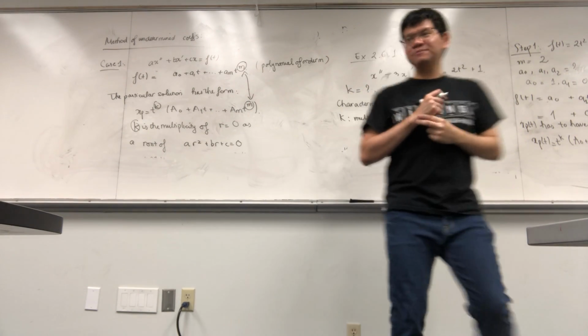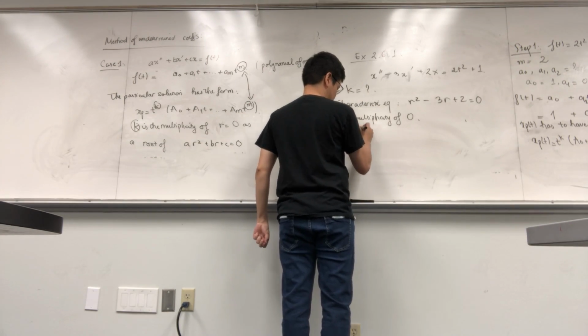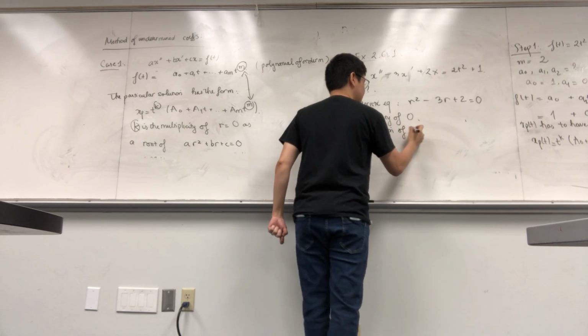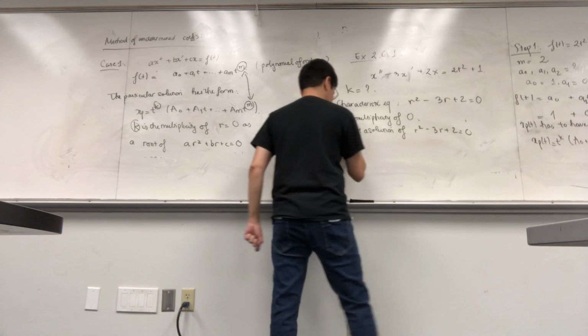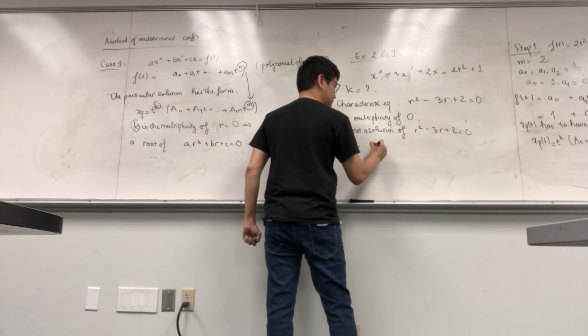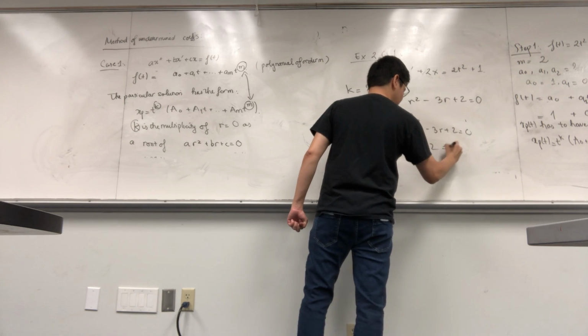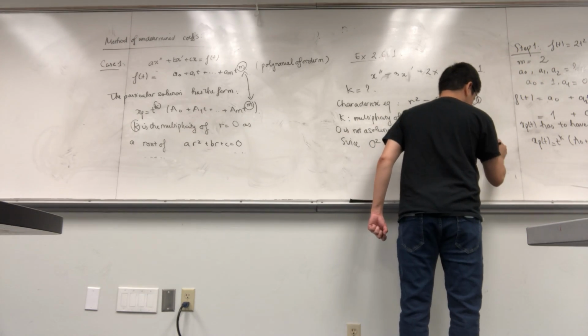So 0 is not a solution of r squared minus 3r plus 2 is 0, since 0 squared minus 3 times 0 plus 2 is 2, different from 0, right? So k is 0,